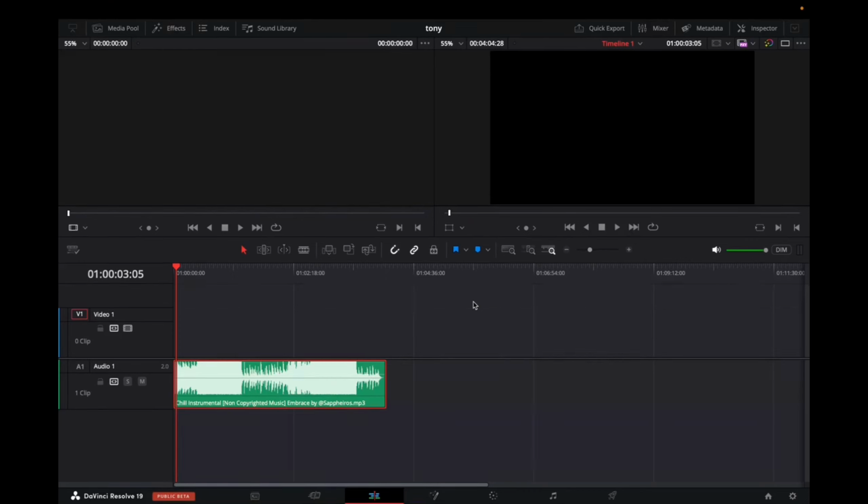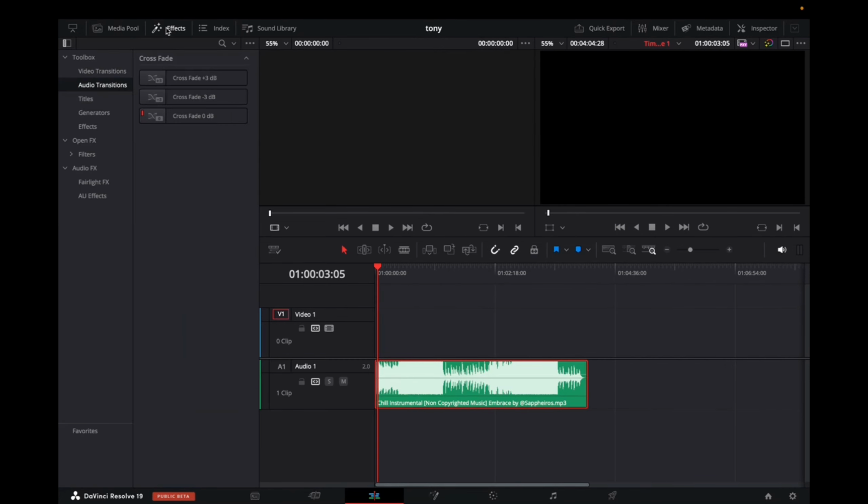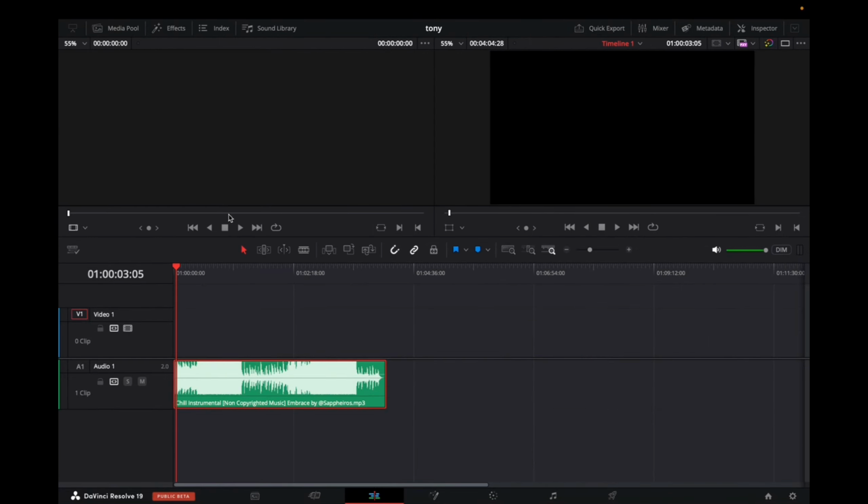Today I'm going to quickly show you guys how to fade audio in and out on DaVinci Resolve 19. There have been a lot of questions on why can't I go to Effects, Toolbox, Audio Transitions, and just click on the audio effect and bring it in. Sometimes it just doesn't work, and I don't know why, but I have figured out a way to fix it